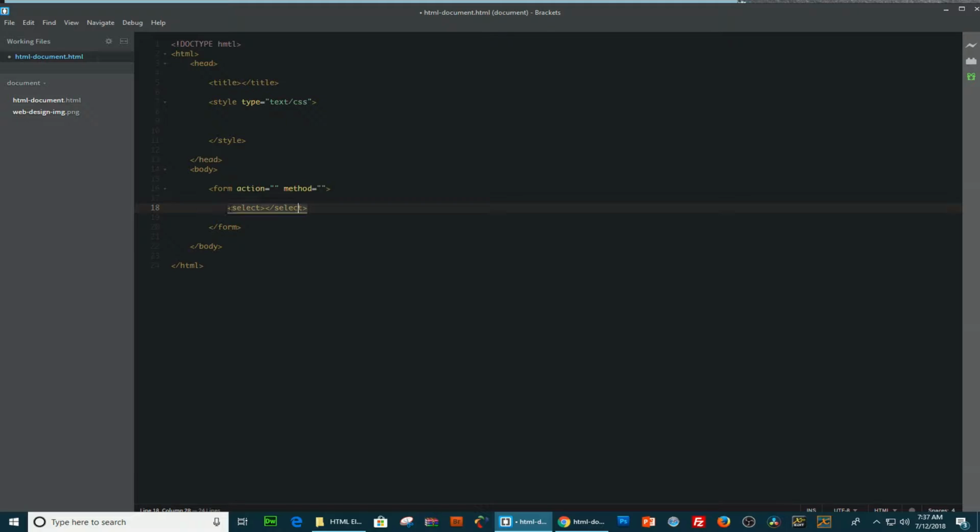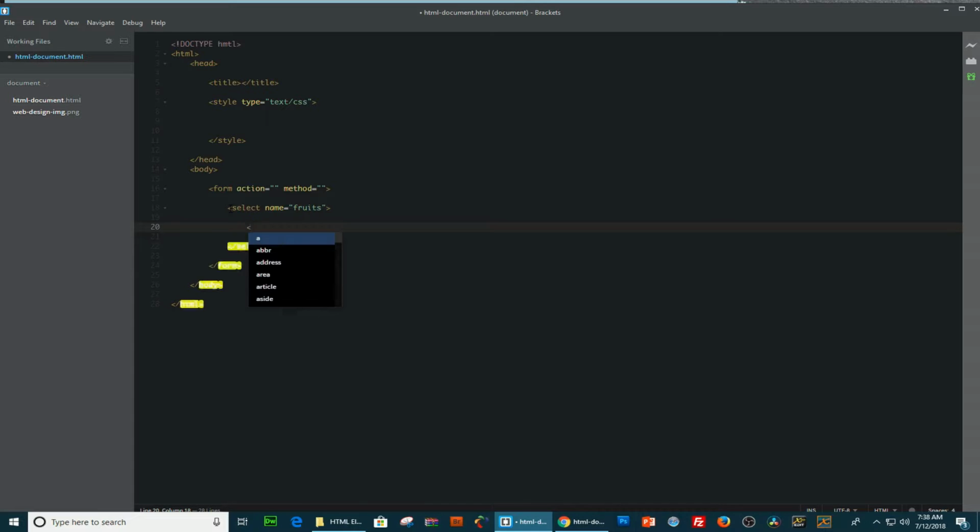and then add a select closing tag, and we're going to add a name attribute, and I'm going to say fruits. Okay, now right inside we're going to add another element which is called option, and this is basically a child of the parent, which is the select element. So just add option,